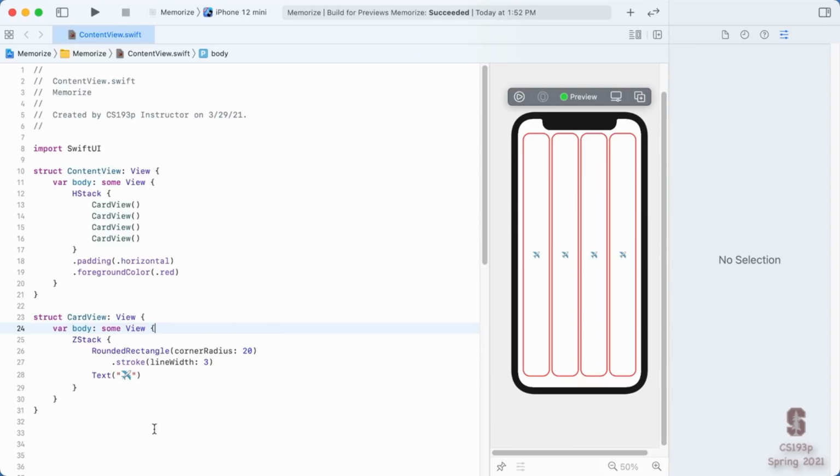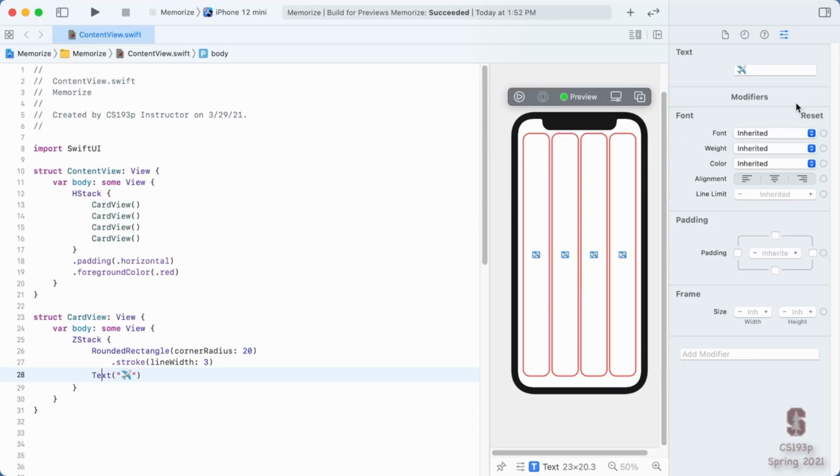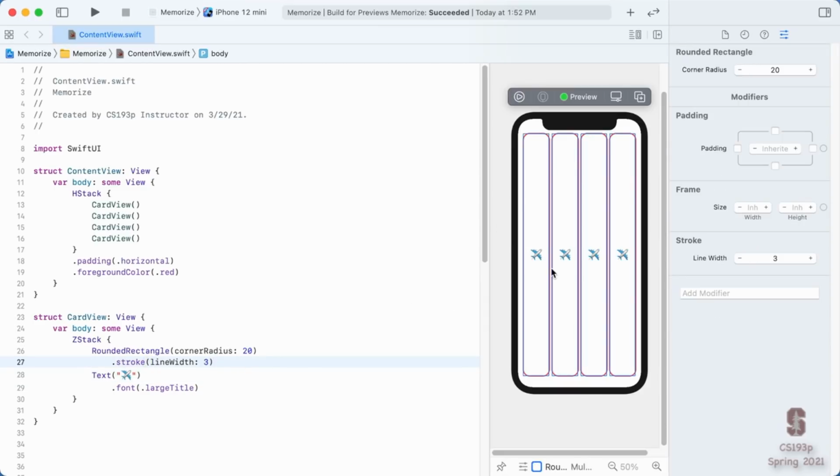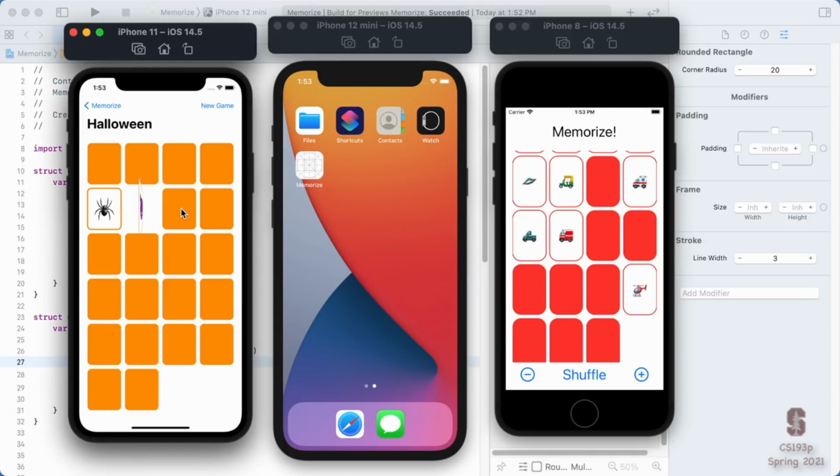Again, at any time, even after I've done this factoring, whatever, I can always click on this text, go over to the inspector. For example, its font can be set. You see, font inherited. I'm going to switch it to large title. I believe that's the largest built-in font that there is, and that made it larger. Now, it's still not quite as large as these ones over here.